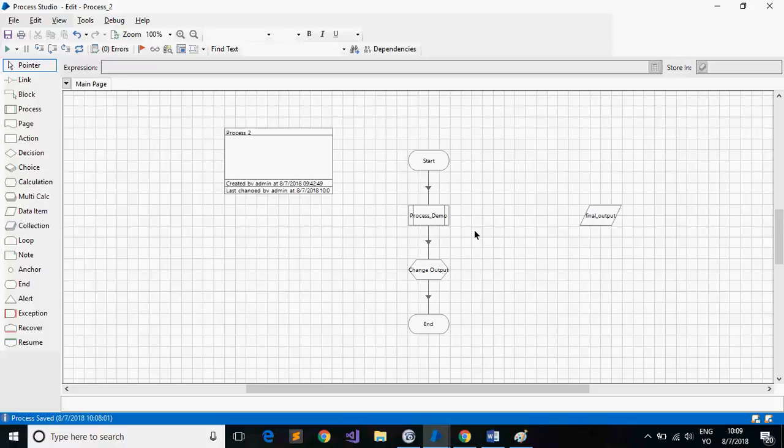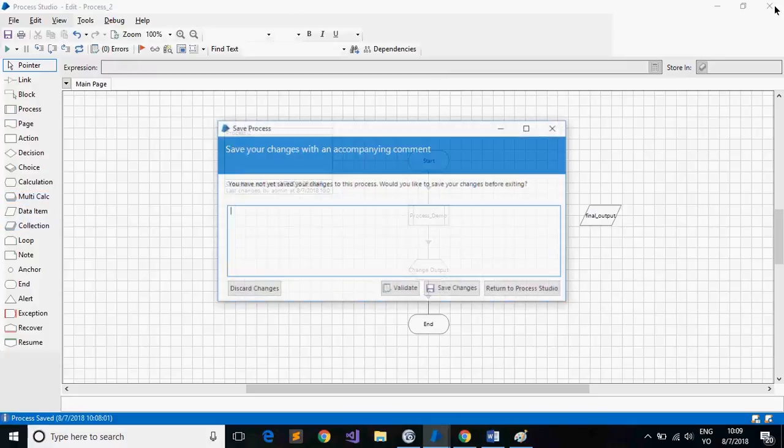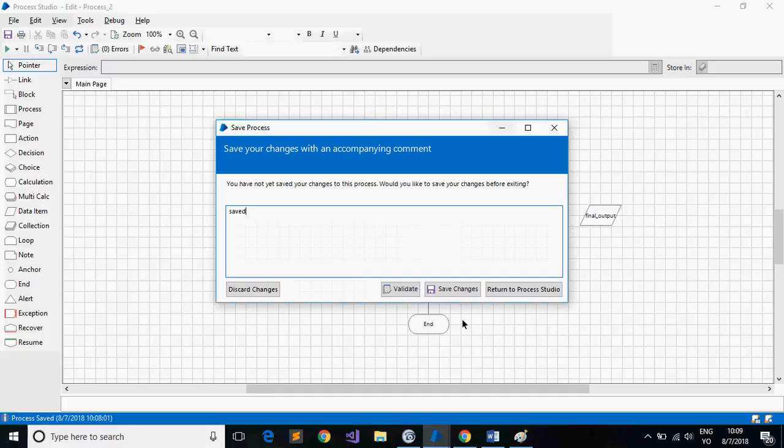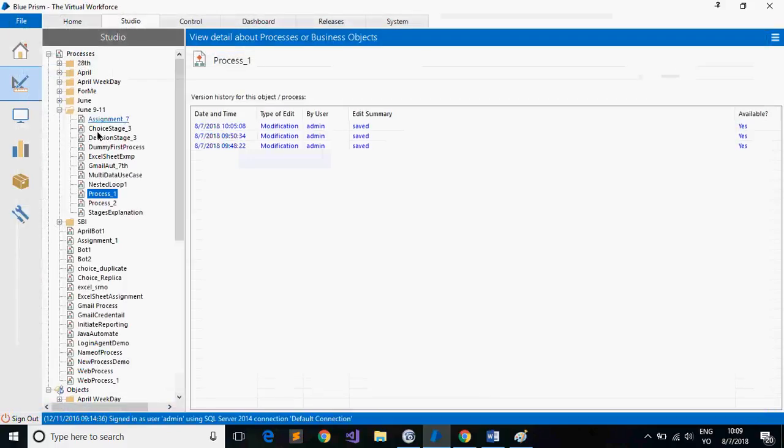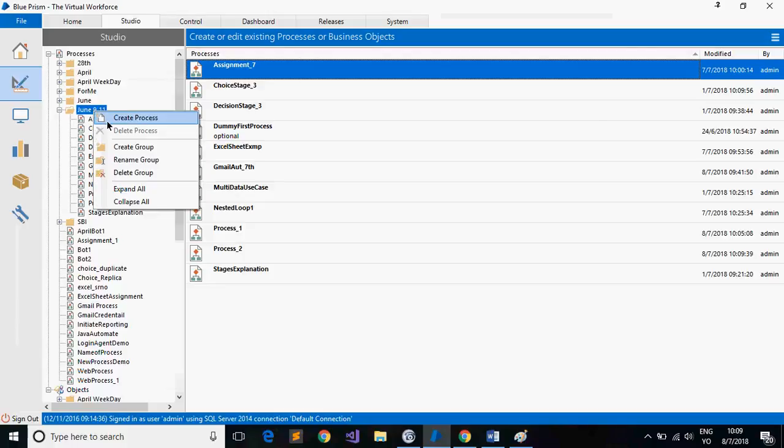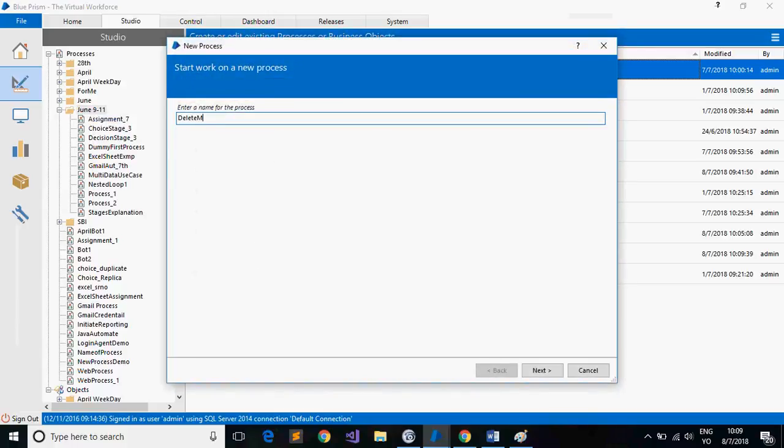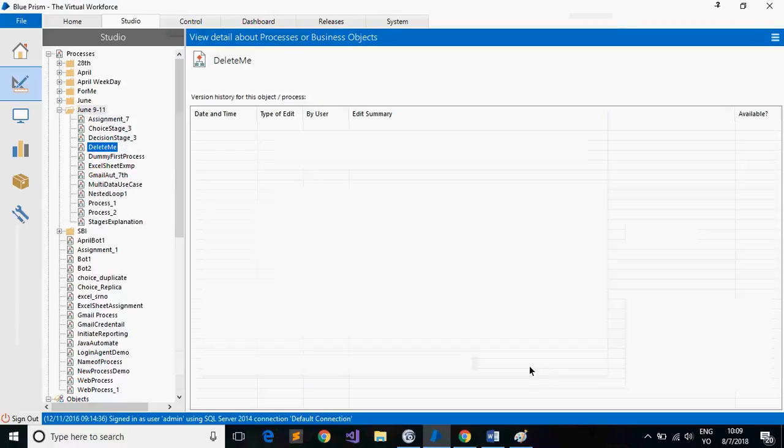If you can just clear the doubt, it's a very simple one, it hardly takes 2 minutes. What I did is I took a start and end stage, and then I took